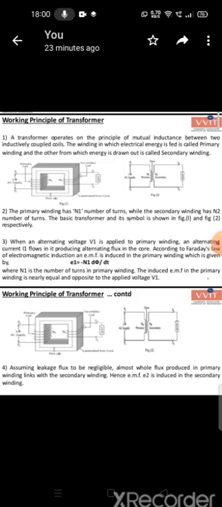Thank you all. It's a basic simple concept, that is, a transformer works on electromagnetic induction. When the coils are arranged so that the primary coil induces in the secondary coil, it produces a magnetic flux. The primary coil has a magnetic flux. This flux causes the secondary coil to induce a current. This induced current will have an EMF. This EMF transfers the current from one coil to the second coil.